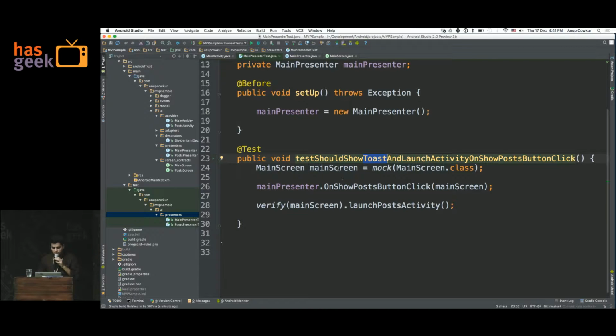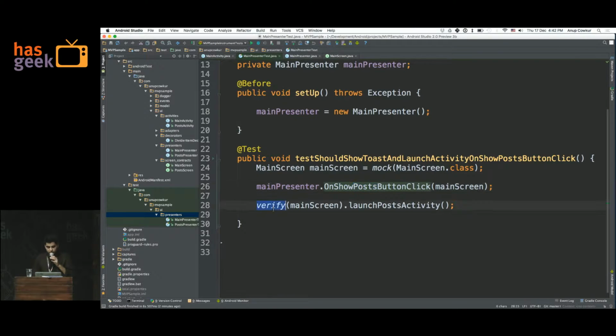So this is the interesting part. We're not talking about activities here anymore. In this test, we're just initializing a main screen, right? Which is just an interface that the main activity implements, and we're mocking it using Mockito, which means this actually doesn't do anything. It's just a mock implementation. Now we call the method on the main presenter that we would call in the main activity when the user clicks that button, which we do here.